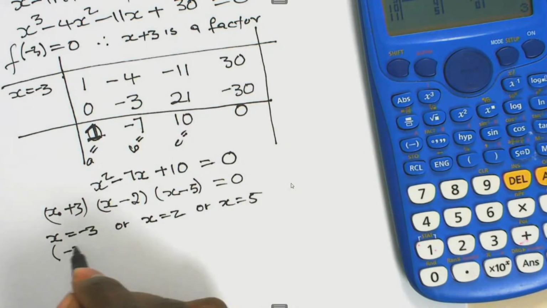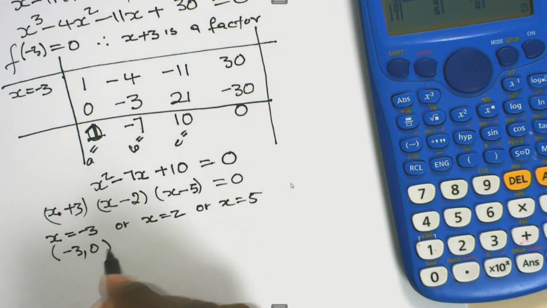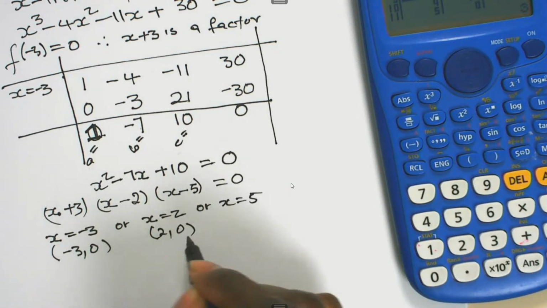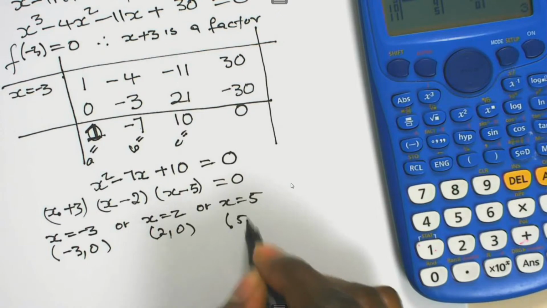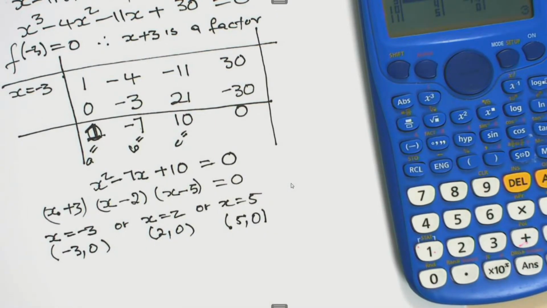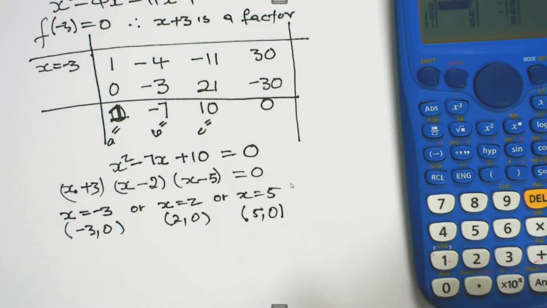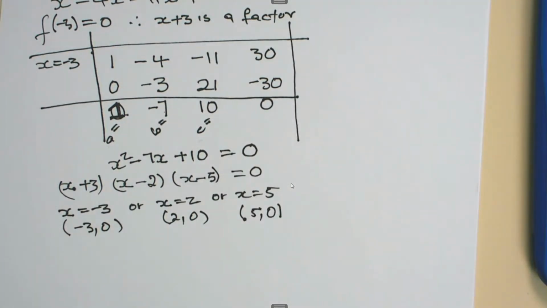Then we have negative 3 and 0. Then we have 2 and 0. And then we have 5 and 0. Now we have the coordinates of the x-intercepts. All right. I think we are done with this question. And normally it carries about 4 marks. For the y-intercept, just a mark. And then moving right along,